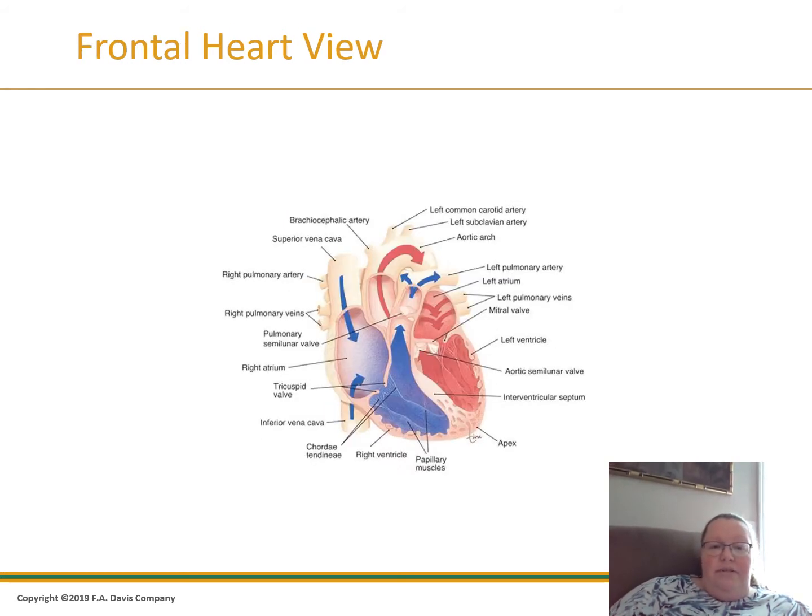Here's a frontal view. This is a good place to see where blood flow goes. So this is the superior vena cava, and here's the inferior vena cava going into the right atrium, going down to the right ventricle. Mind you, this is still deoxygenated blood. And when I mean deoxygenated, I mean it's already gone through the body. It still is sitting at like 98, 95%, okay? But it's used. It needs to be replenished, right? It's out of gas. So we go through the left pulmonary artery,